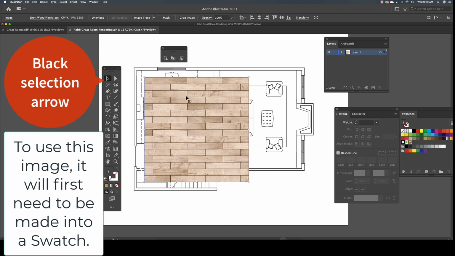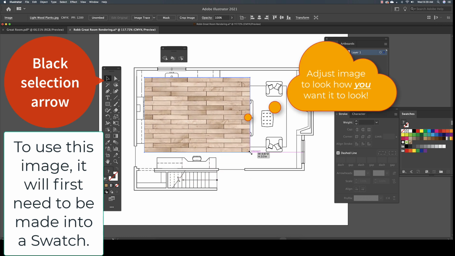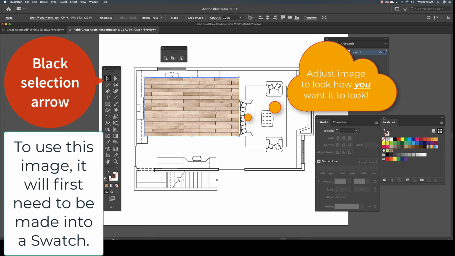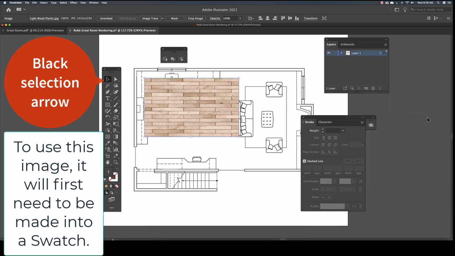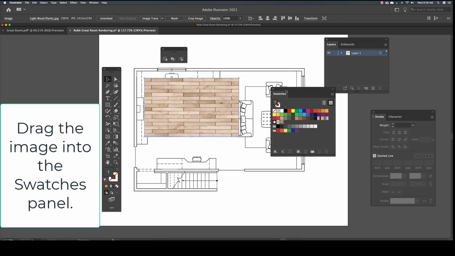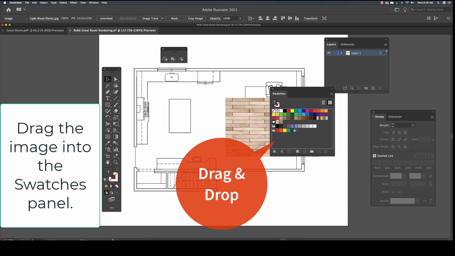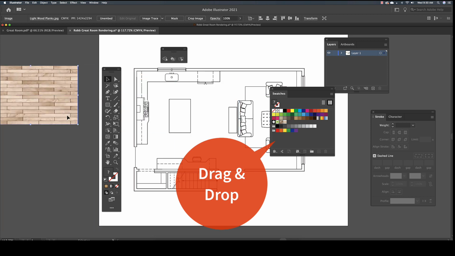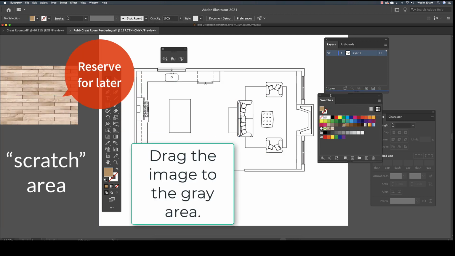Next, adjust the image using the Selection tool, which is the black arrow on the main toolbar. Make the sample reflect how you think it should look. To be able to render with this image, you will need to make it into a swatch first. To do this, use the black arrow to drag the image into the swatches panel. Once you have a swatch made from the image, drag the placed file into the gray scratch area adjacent to